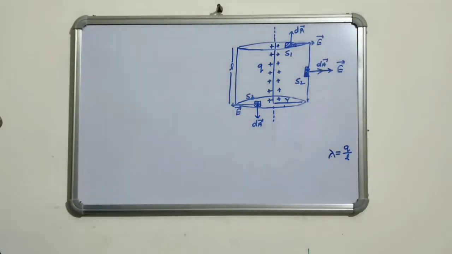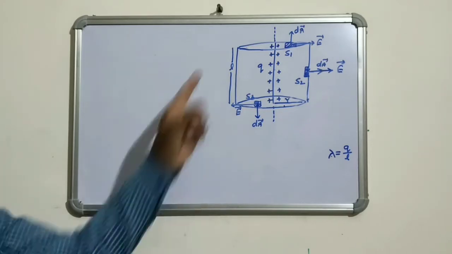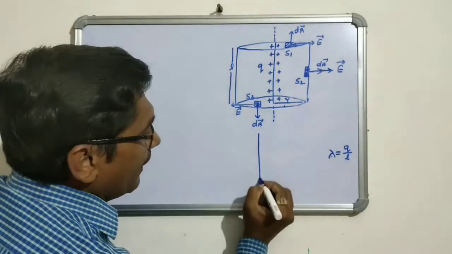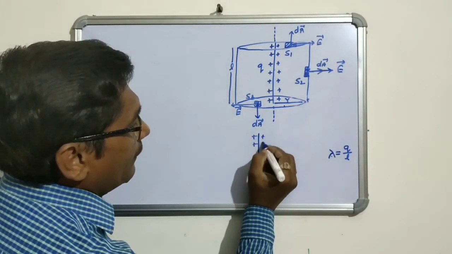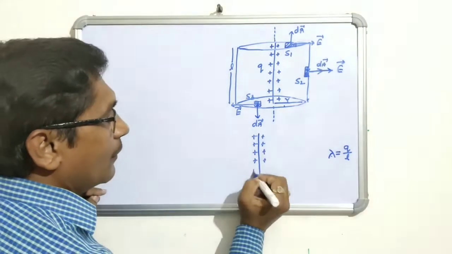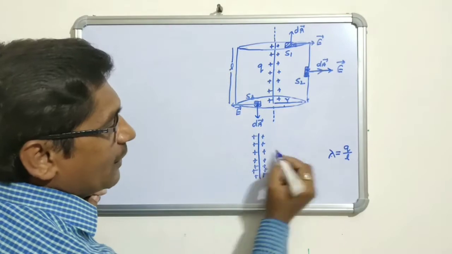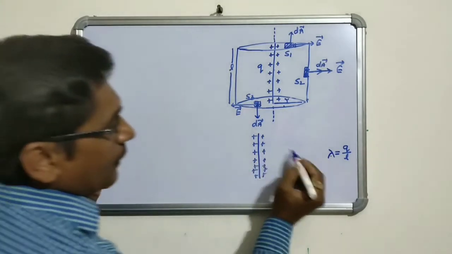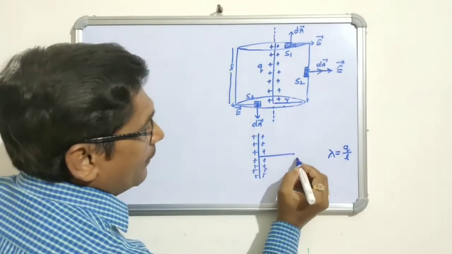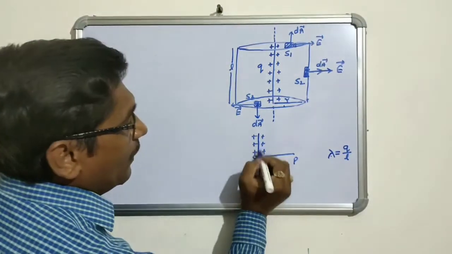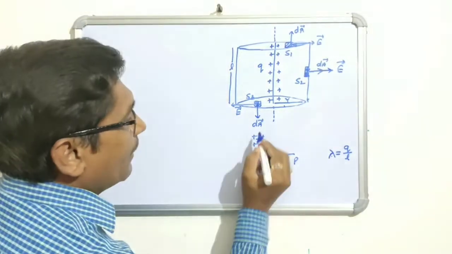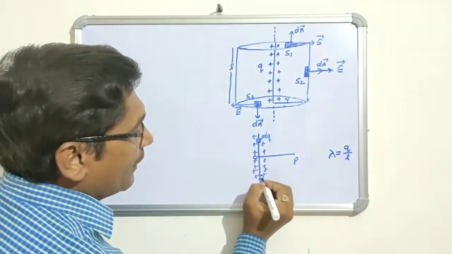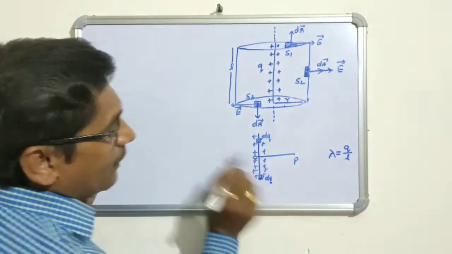Here one question arises in your mind: why electric field is perpendicular to the wire? So here we can explain. Suppose this is a wire, charge on the wire is Q, uniformly distributed. Suppose it is an observation point where we find the electric field. So we can draw a perpendicular line. This point is P, this is point O, and we take here a small segment on which charge is dq. And at similar distance we have another segment of the charge, this is also dq.